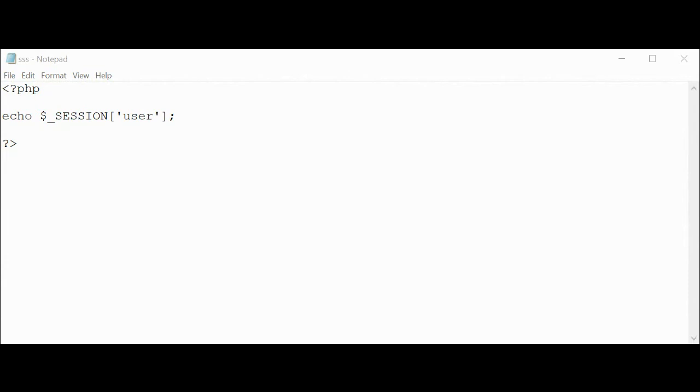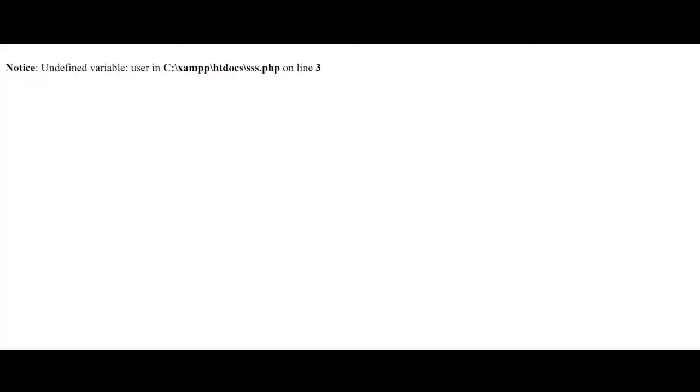So I'm gonna share you the screen. Right. So this is sss.php, right? I'm expecting it's going to be a problem, right? So undefined variable sessions, because there's another thing that you need to do